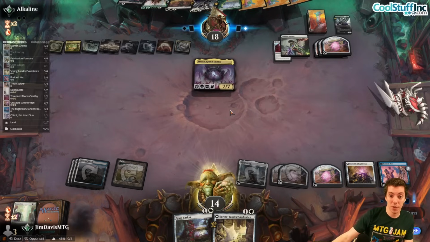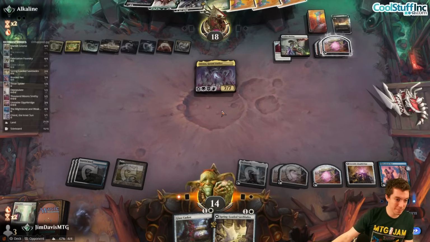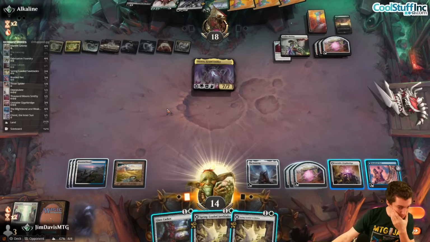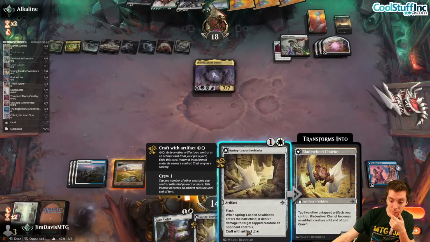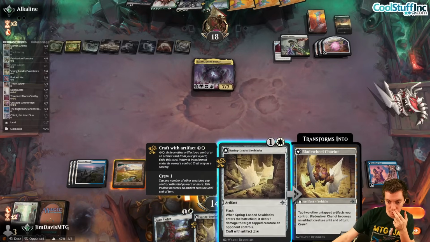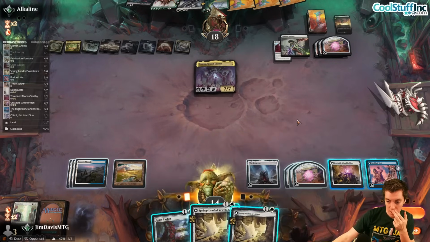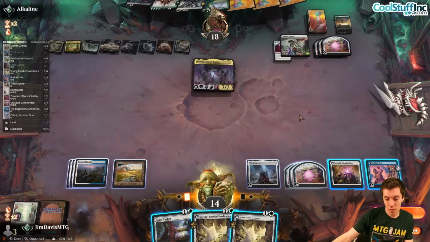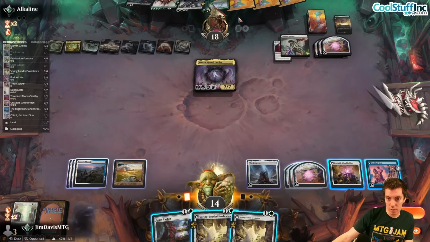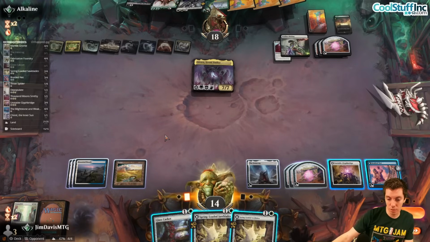Now they have 8 cards in their hand, and this is going to be difficult. We draw a Spring-Loaded Sawblades. Not very good in the matchup for obvious reasons. For some reason, the text on this Sawblades is small, and the text on this Sawblade is big. I could not tell you why. Kind of like just can't win, honestly. They just have 1,000 cards in their hand and Nissa. We just don't have anything going on, so...